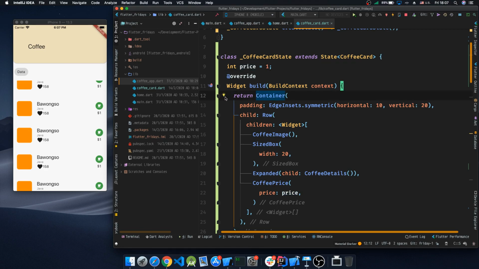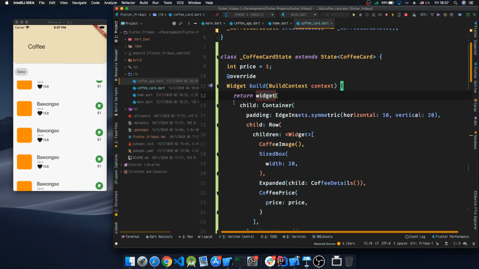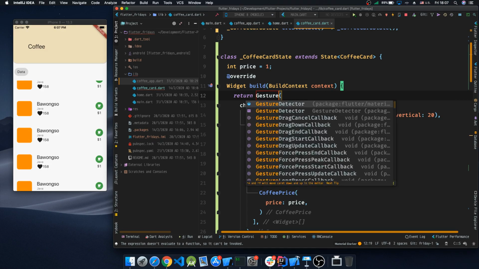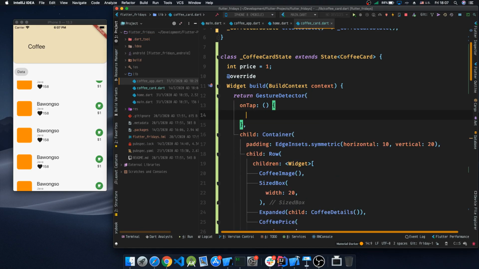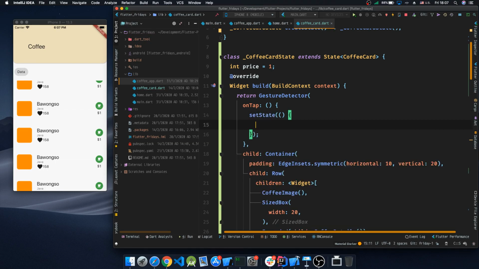So I'm just going to wrap this with a gesture detector. And that gives you an onTap method, so now you can listen to whenever the user clicks. And what we're going to do is call set state, and we're just going to add 1 to the price. Oops, backwards. All right, so now we're holding the state of a price, and every time that we click,